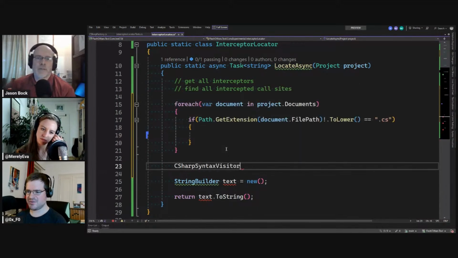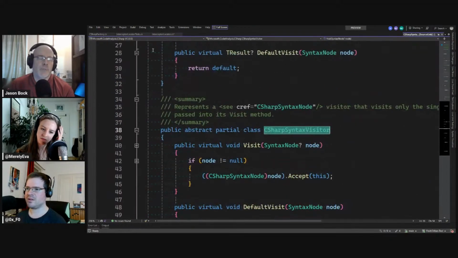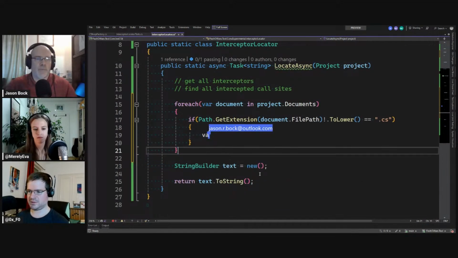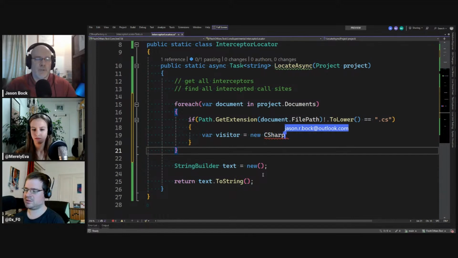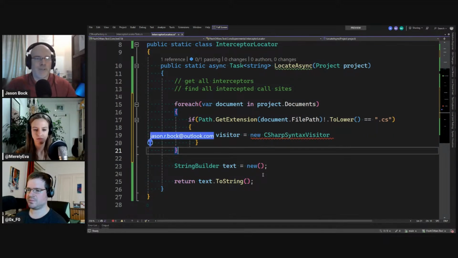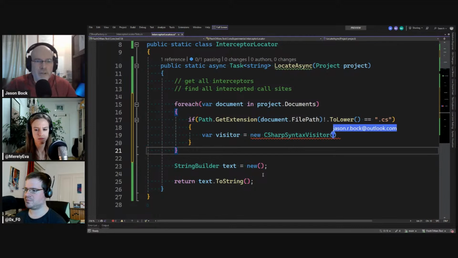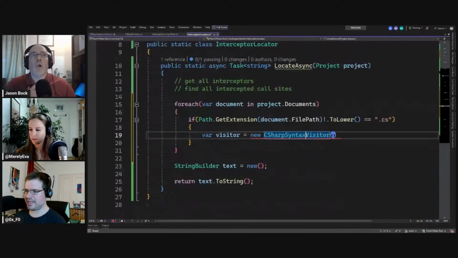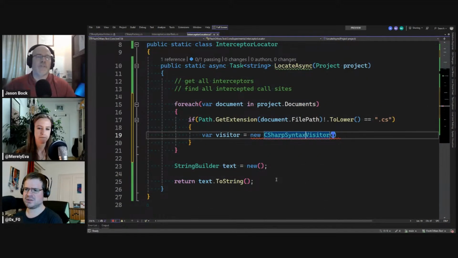C# syntax visitor? That might be it. So we want to pass that in. I think if we do something like var visitor, C# syntax visitor, what's part of this? Does that take a C# syntax visitor? I believe that's an abstract class. So yes, you do.